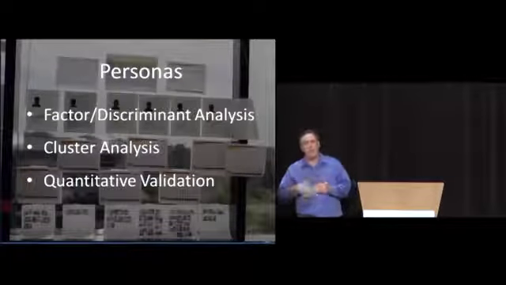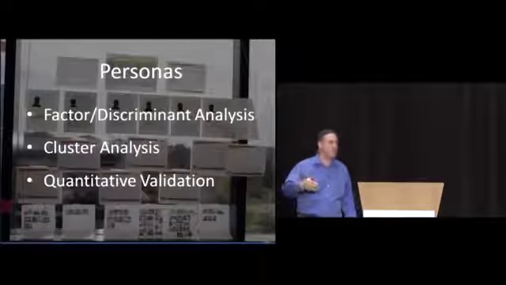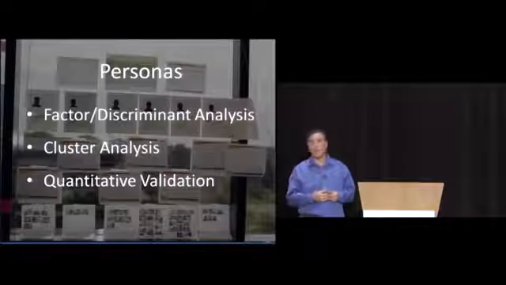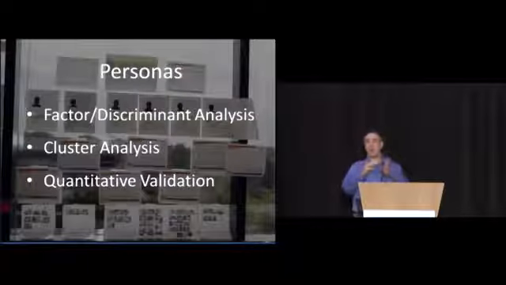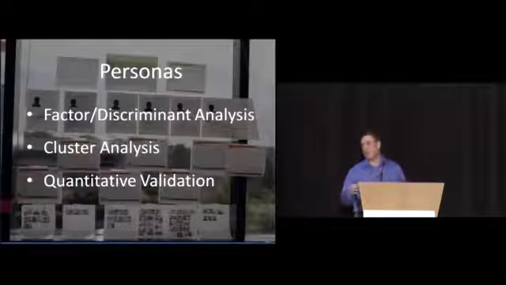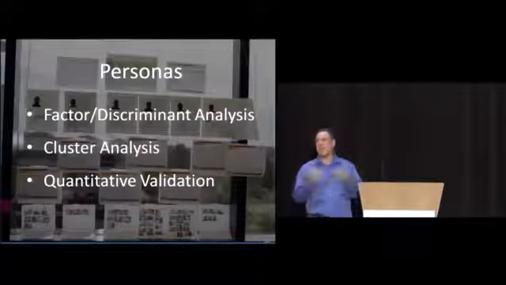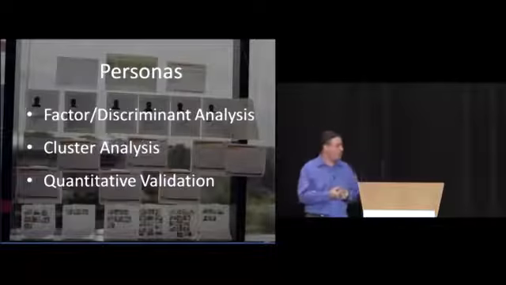and then reduce it to figure out what are those main variables. Like if you have questions about comfort level with technology or security or privacy concerns, you can reduce that into a quantitative way, and then you can do a discriminant analysis to figure out what are those different variables or factors that are all kind of related to one another. And you take the quantitative data with your qualitative insights, and you can start generating personas. So you're combining a qualitative and a quantitative approach.